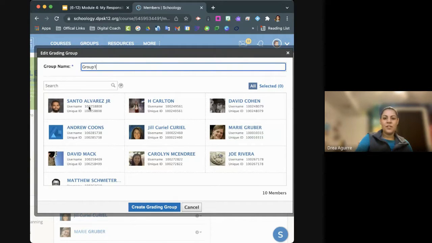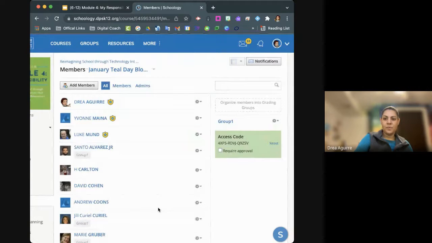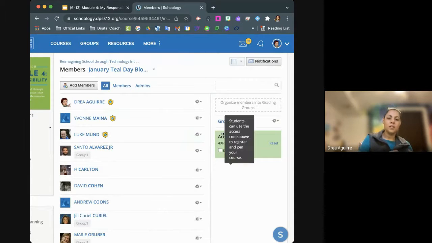And then all I have to do is click on the students that I want in that group. Then I hit create grading group, and that group has been created. Now, if I'm going back in, let's say that I get some students that move around in groups, or I get a couple of new students added to my roster, what I can do is I can hit my gear